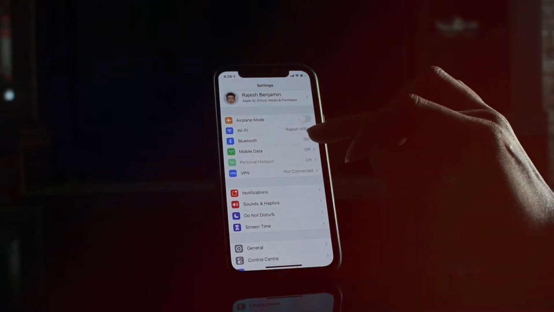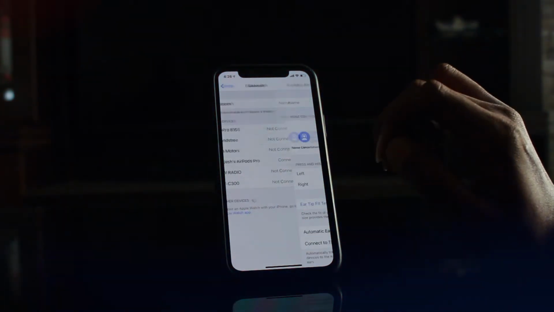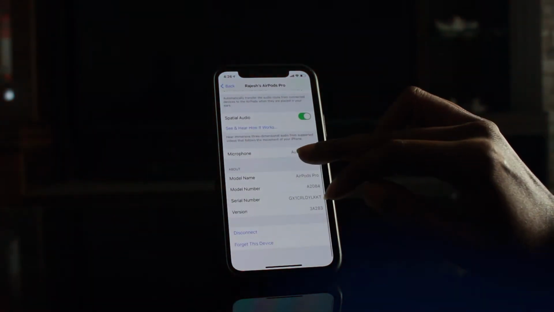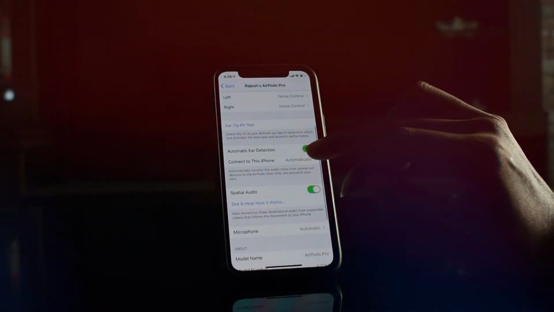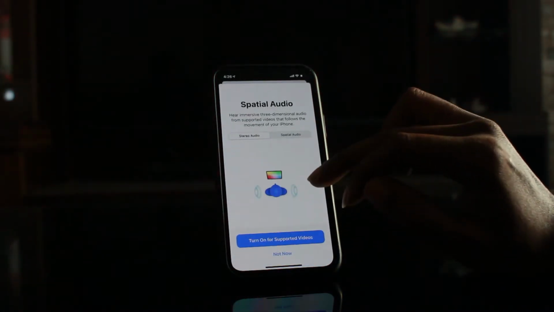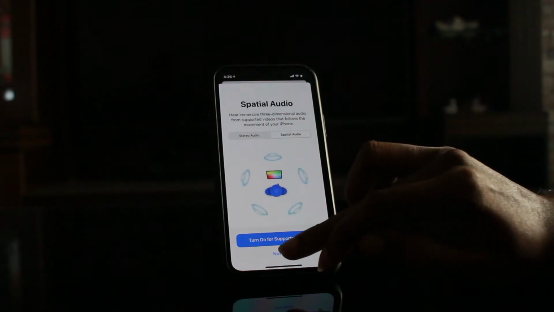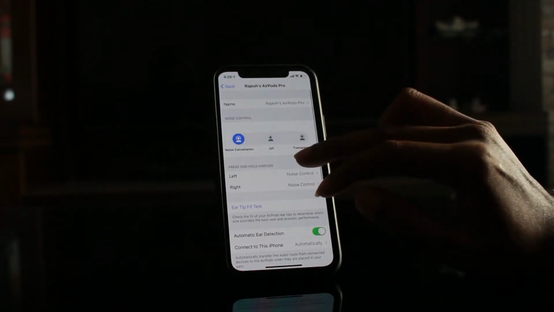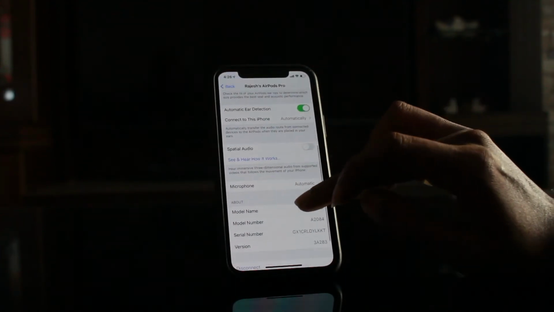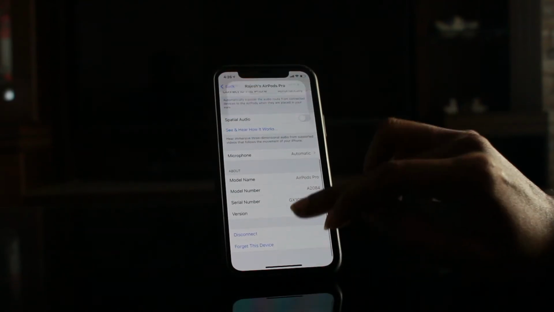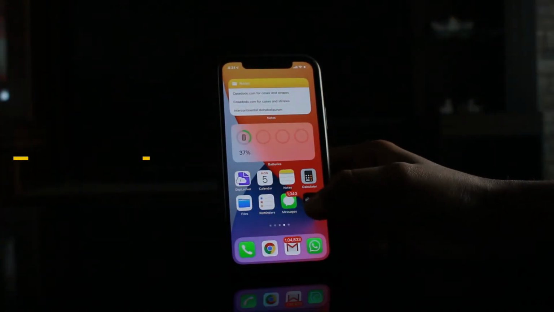So what you have to do is connect your AirPods Pro with Bluetooth and turn on the spatial audio feature to get the best sound experience. You need to click here, tap on spatial audio and feel the difference in music. This is one of the most admired features when you use AirPods Pro.